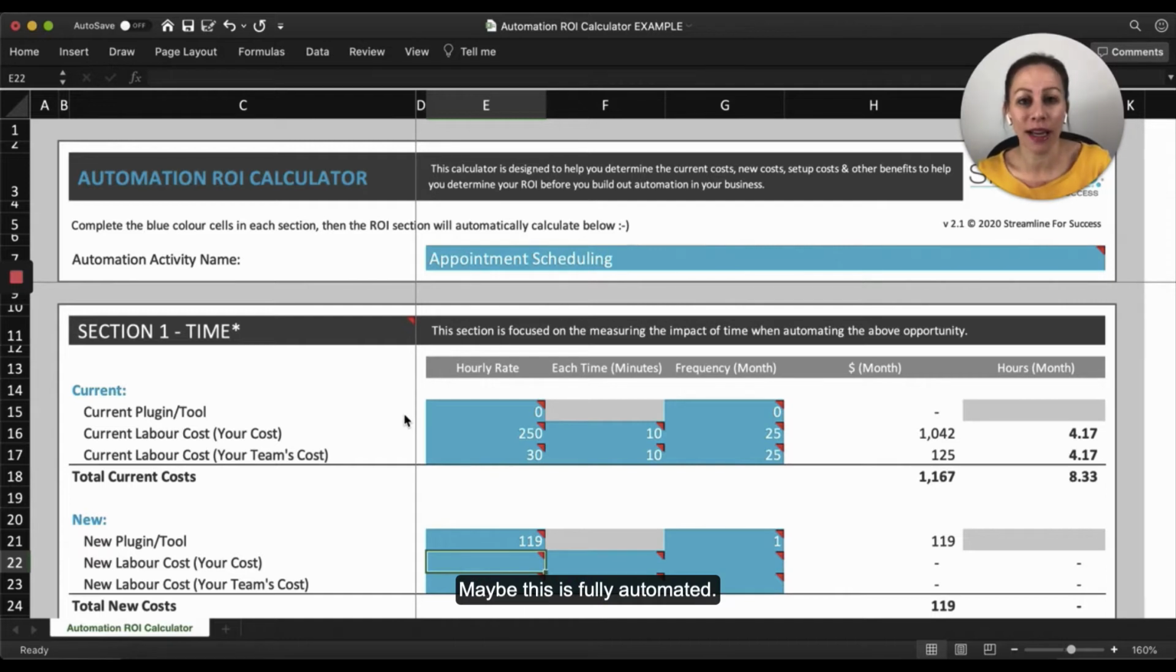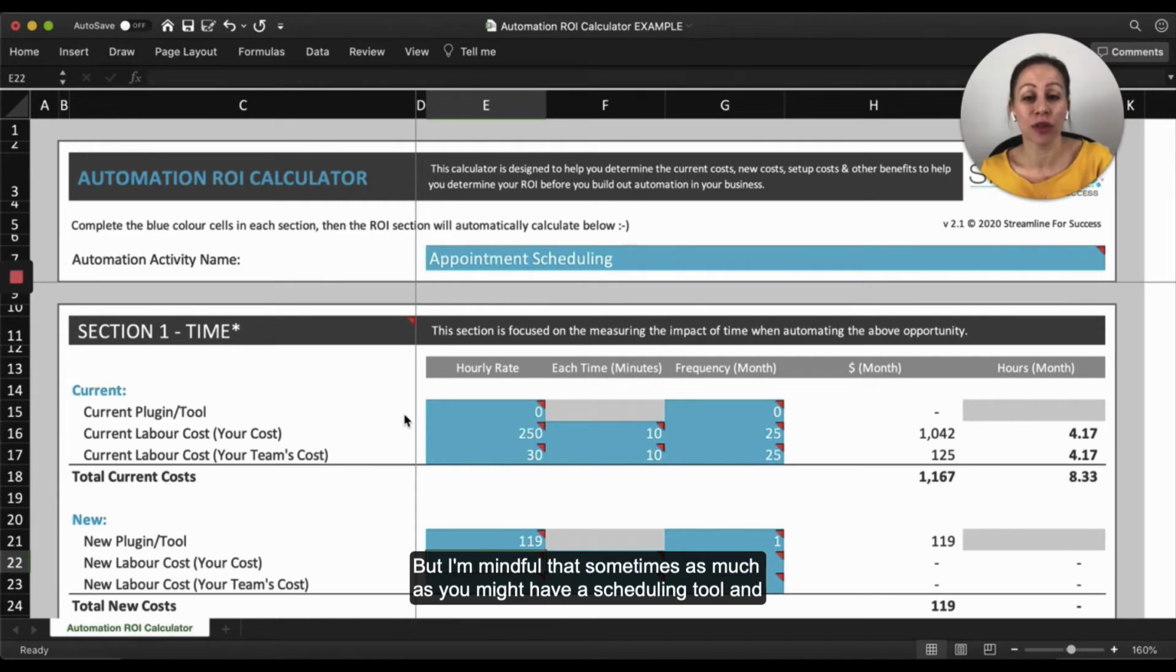Maybe this is fully automated, but I'm mindful that sometimes, as much as you might have a scheduling tool, and what that means, if you're not familiar, is that you can automate a link to go out and somebody can select a time in your diary based on your criteria for when you are available, as well as when you actually want to do those appointments, and obviously the person booking it would be checking their own diary. So I'm mindful that you might still have some internal costs, some manual work that needs to happen to kick off the automation, or maybe they can't find some time in there. So I'm just going to say